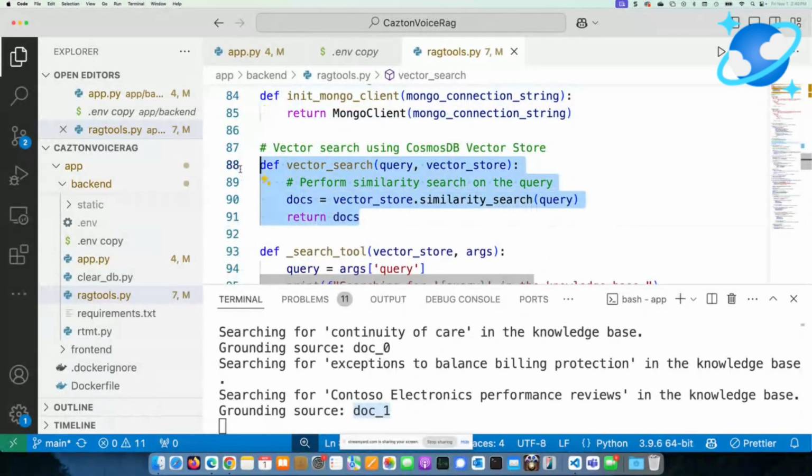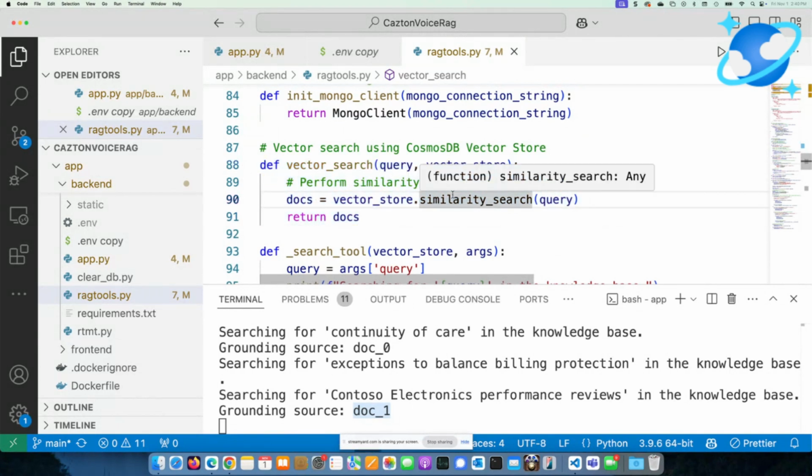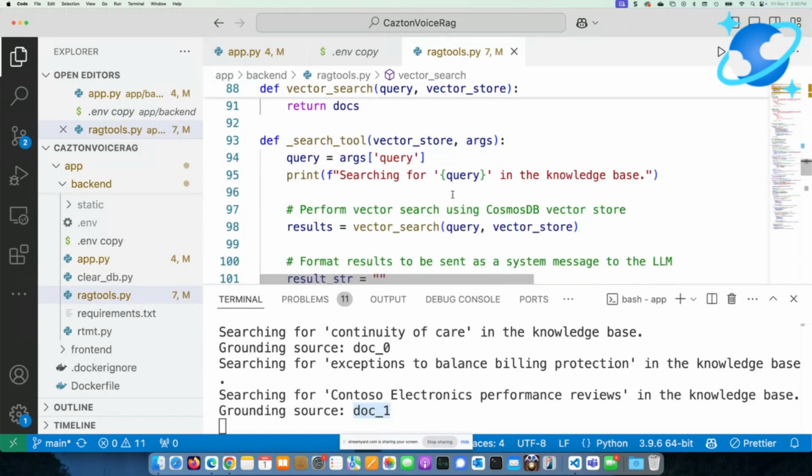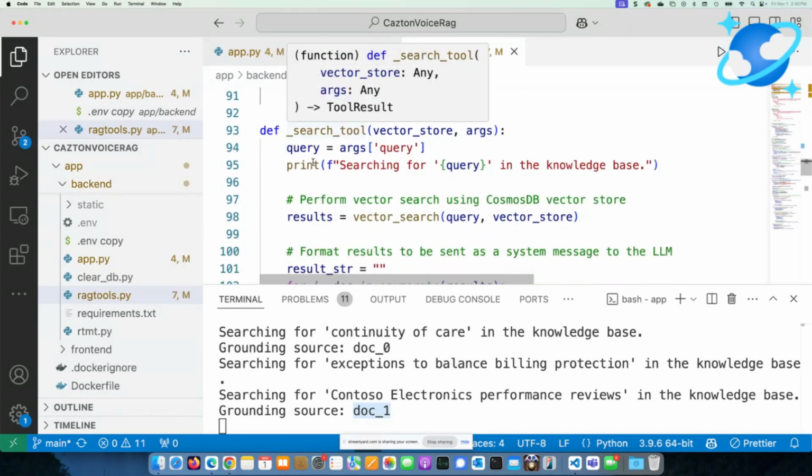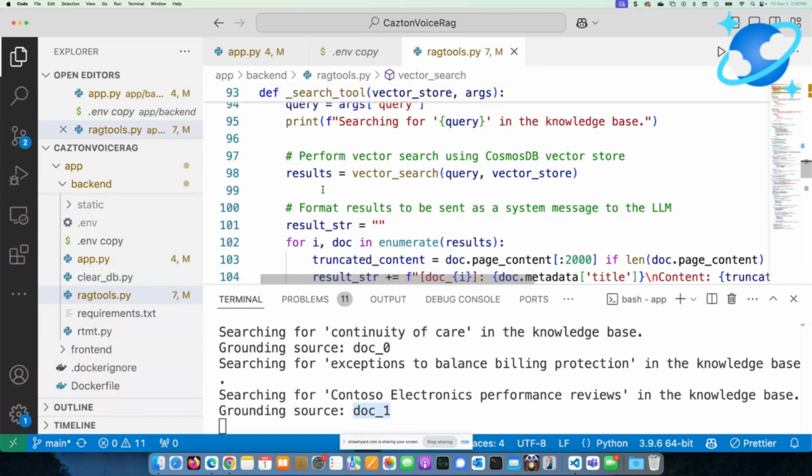And here is your vector search, which, since we're using LangChain, which supports Azure Cosmos DB, is just one line of code that will do the similarity search for you. And this is where, remember, at the top I was showing you the function calling that was describing these functions. Now, this is where we implemented those functions, and they're very similar to the functions of the original code, except now it works for the Azure Cosmos DB vector store, which has been passed right here.